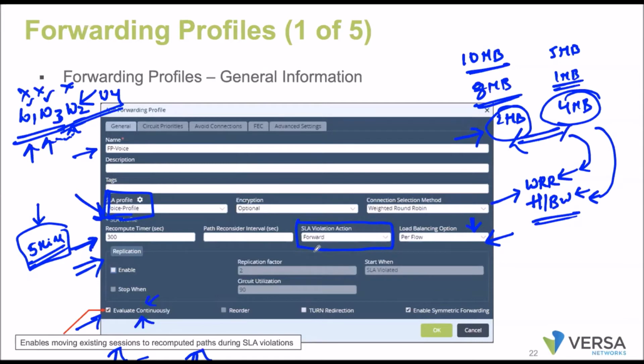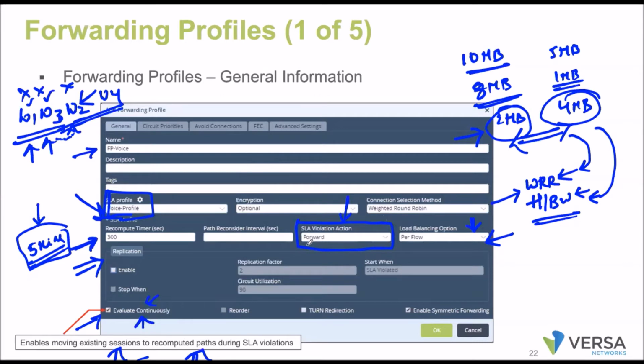So you mean to say if we have two links and both are not meeting the criteria, at that time this will be used? Yes, only then it will be used. If I have at least one WAN transport which is meeting the SLA, this is not going to be used. So if none of the WAN transports are meeting the SLA, then all the WAN transports will be considered equal priority, and they will be doing the load balancing again.